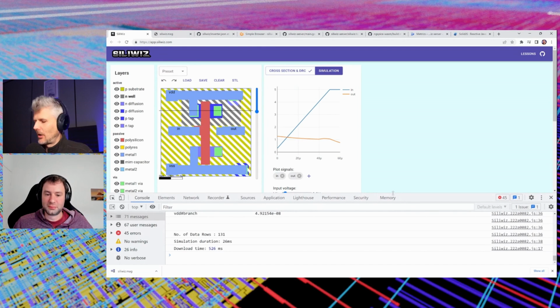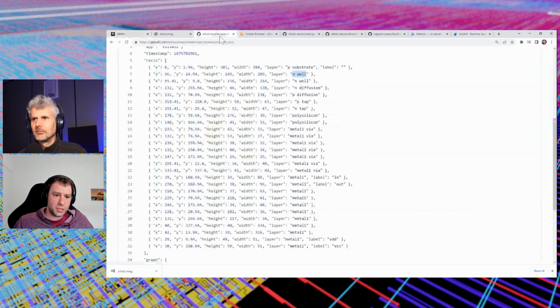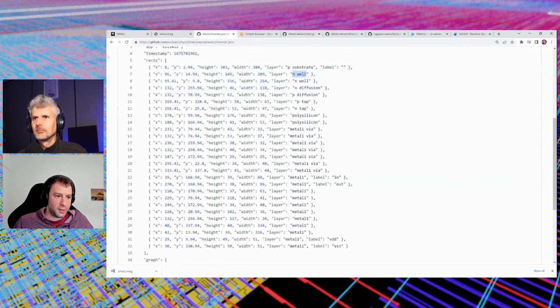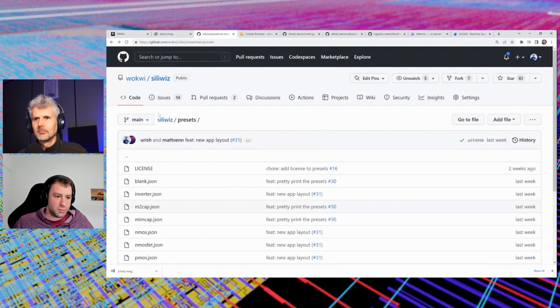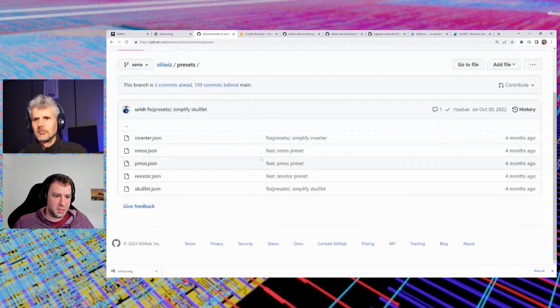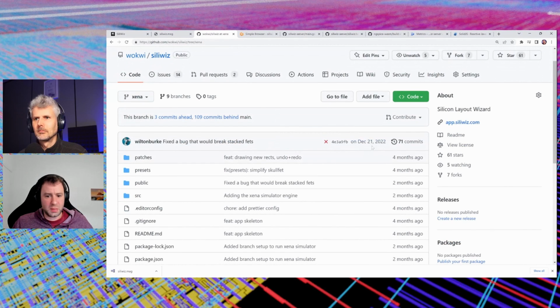And we could be using other simulators. Do you want to say a word about the other simulator? Yeah, there is an interesting simulator that Wilton has been working on. If you check the branches here, there is another branch called Zina, and you can find his work and play around with it. I don't think he has played with it lately, but